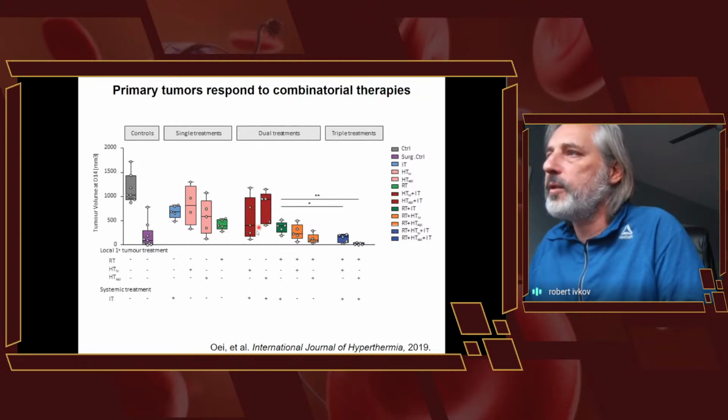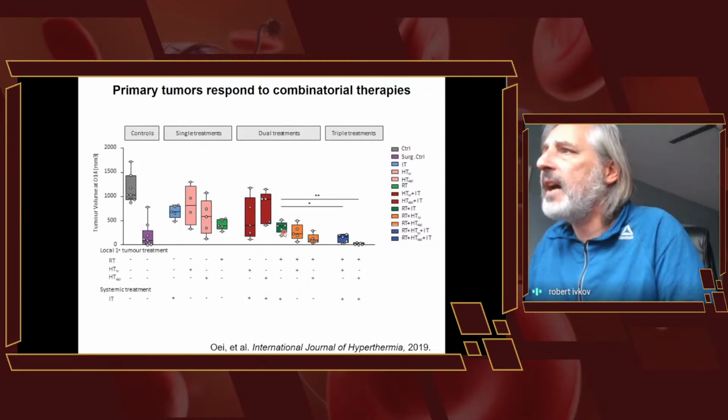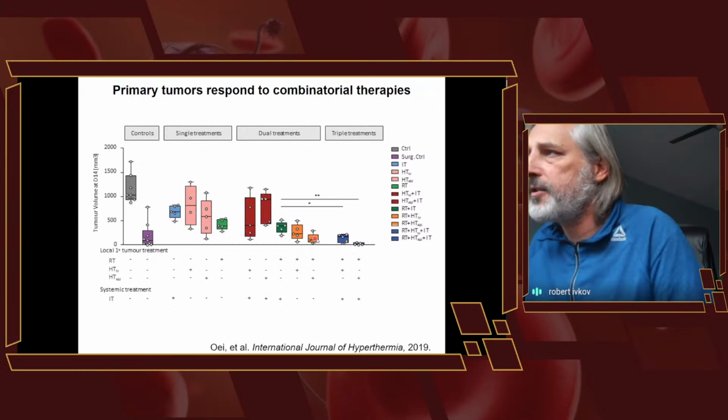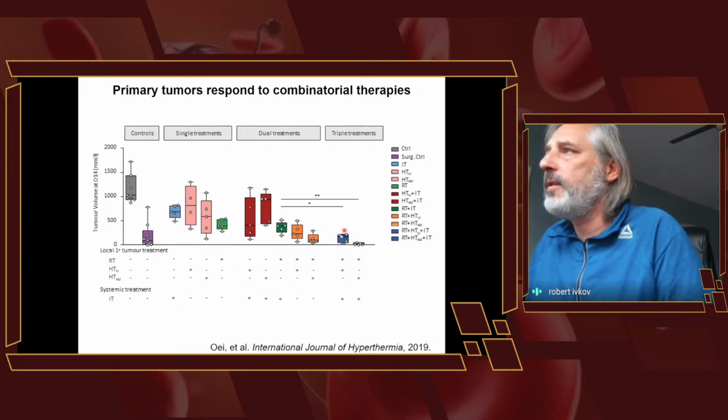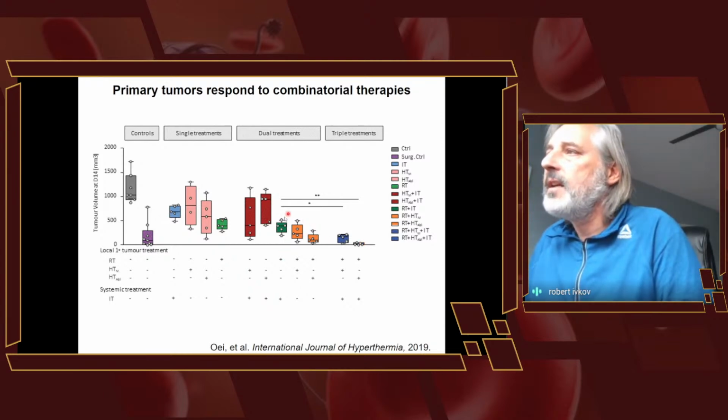So now here we have the dual treatments. So now here we have mild hyperthermia with immune checkpoint inhibitors. We have ablative with immune checkpoint inhibitors. And then we have radiation plus immune checkpoint inhibitor and radiation plus mild hyperthermia, radiation plus partially ablative. And now we have the triple combinations where here it's all 3 with mild hyperthermia, and here it's all 3 with the partially ablative. So what you can see is that the dual combinations and the triple combinations give you